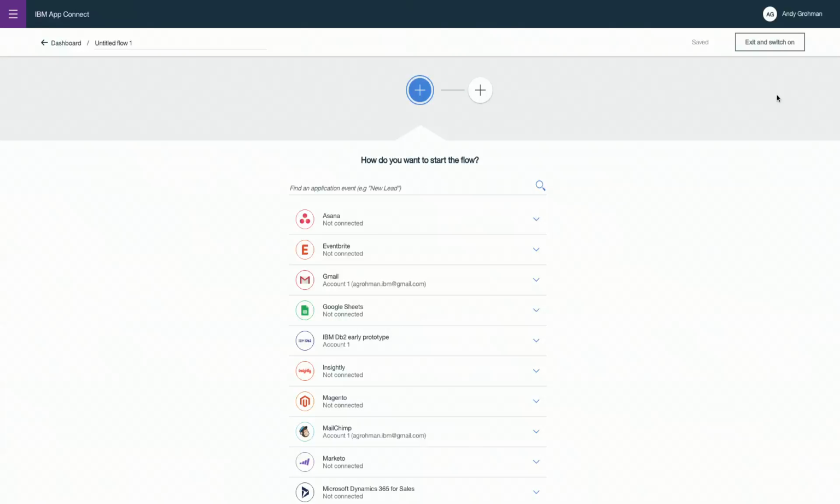Okay, so the first thing I want to do when I create this flow, we'll just give it a little name. The first thing I want to do here is define the action or the event that will trigger